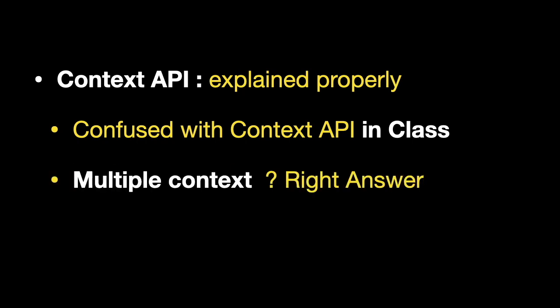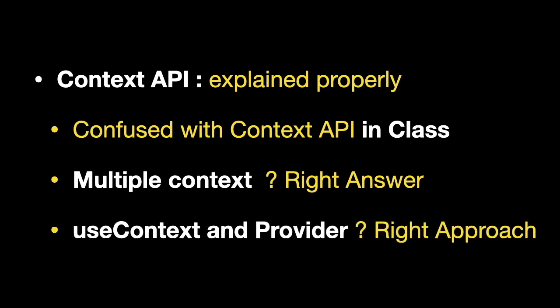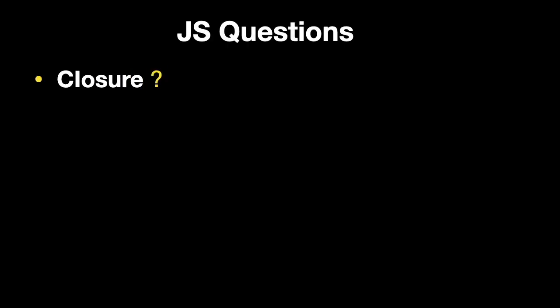उसके बाद में मल्टीपल कॉन्टेक्स्ट की बात हुई थी, पर मोस्टली राइट आंसर आया था। और फिर यूज कॉन्टेक्स्ट एंड प्रोवाइडर के बारे में पूछा गया था कि यूज कॉन्टेक्स्ट है, प्रोवाइडर है, तो राइट अप्रोच से उस चीज को आंसर किया गया कि मल्टीपल प्रोवाइडर हैं। तो ऐसा क्वेश्चन भी आया था कि मल्टीपल प्रोवाइडर क्या हो सकते हैं और वो सब। तो उसमें भी काफी सही से आंसर किया था और ज्यादातर चीजें सही बताई गई थी।